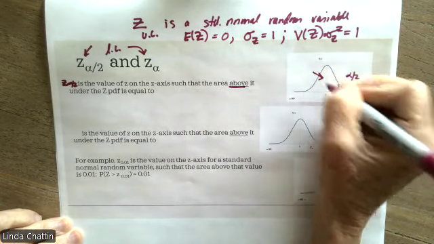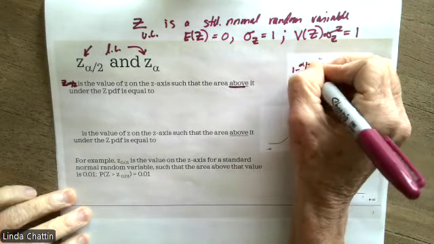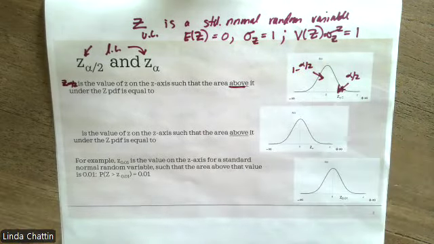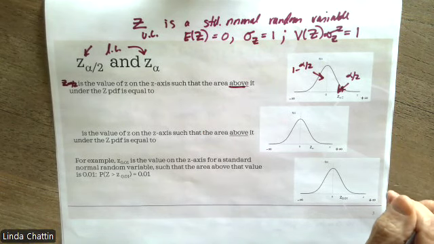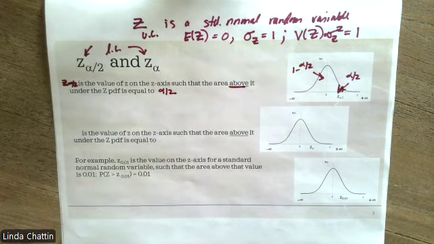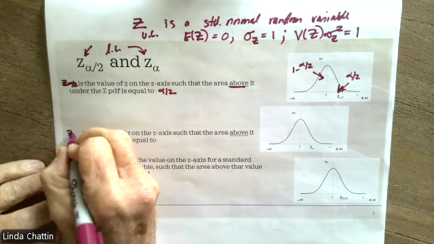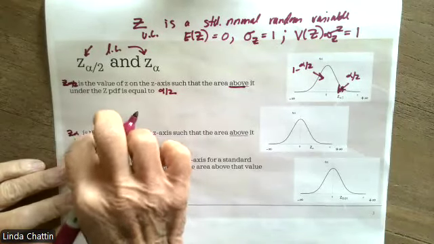That would mean that the remainder below it would be 1 minus alpha over 2, because the whole area from minus infinity to positive infinity has to be 1. So that's what that looks like right there. Now, if you see z sub alpha, and the reason that we're doing alpha over 2 and alpha is it